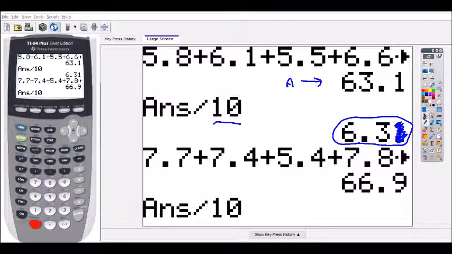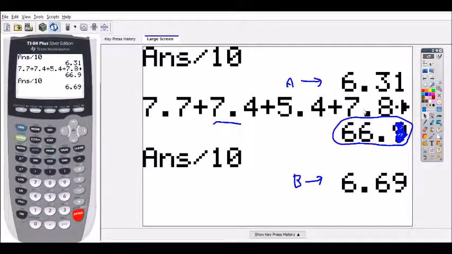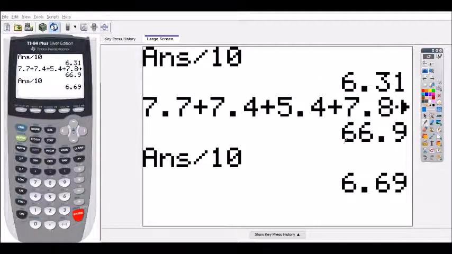On the second one, we got 66.9. This right here is pin B after I have added those together. Then I'm going to divide that one number by 10 as well because that was, again, how many data points I had. Once I divide by 10, I get 6.69. Now, again, we're going to round this number to the nearest tenths place, which this 9 is going to make this 6 become a 7. So instead of putting 6.69, we're going to write